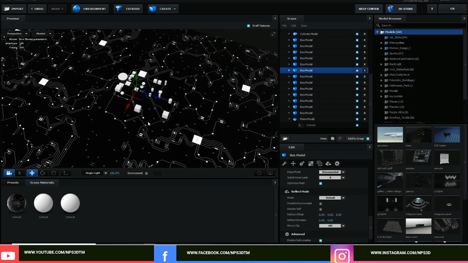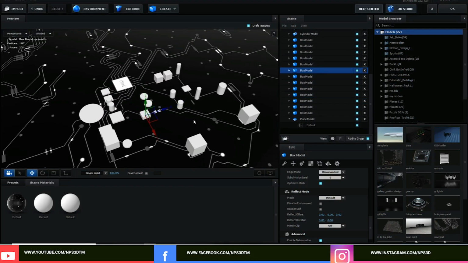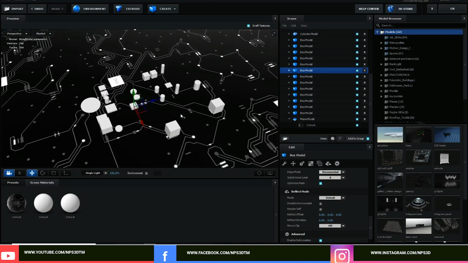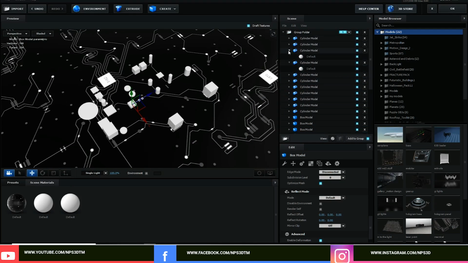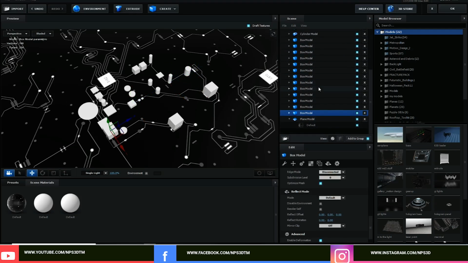Once you've done a few primitives and made them randomly, what you can do is just select all of these, right? Select all of these,